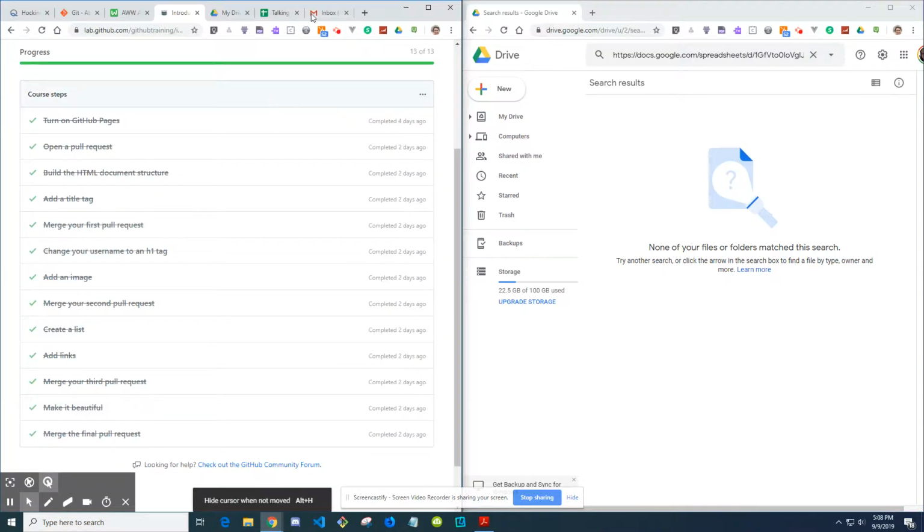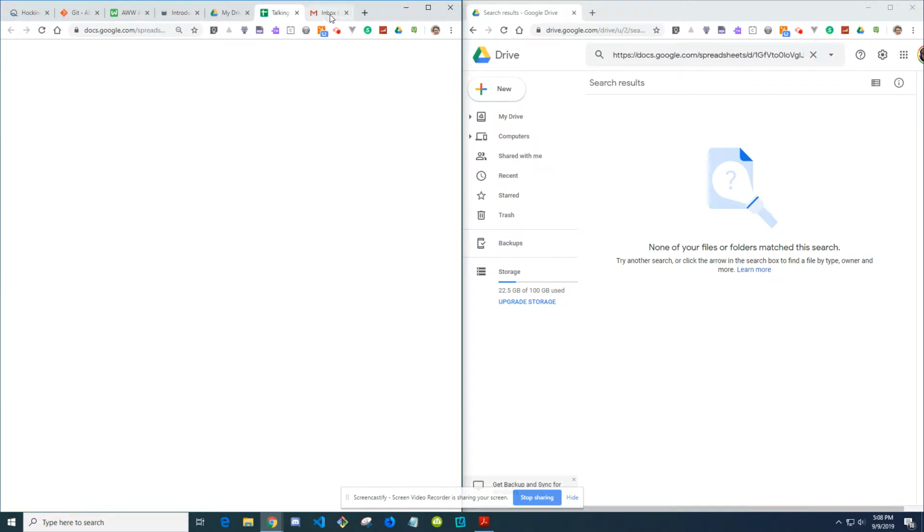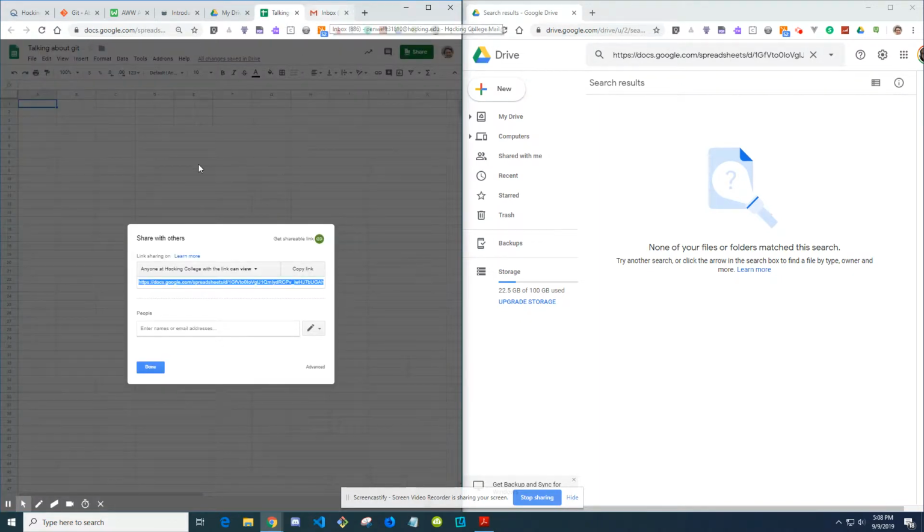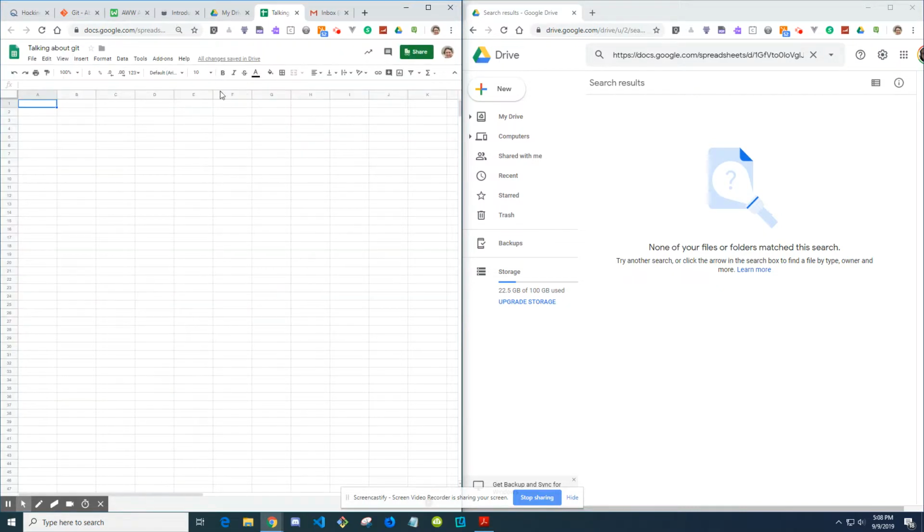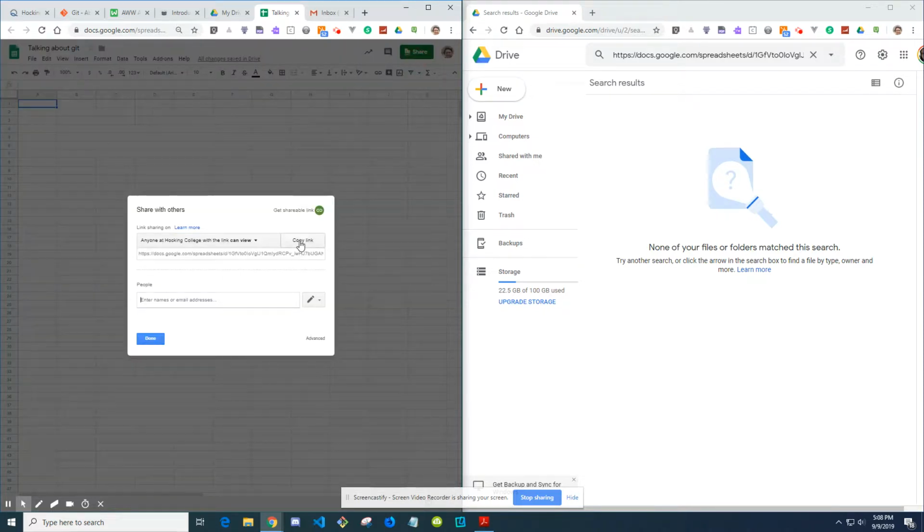Okay, I'm going to try to explain this in terms that might be a little easier to understand, or that you might be more familiar with. I created a spreadsheet. I'm in my hawking.edu account, and I created a Google Docs spreadsheet. What I'm going to do is share it. I can copy the link. I want to change that to edit, copy the link,